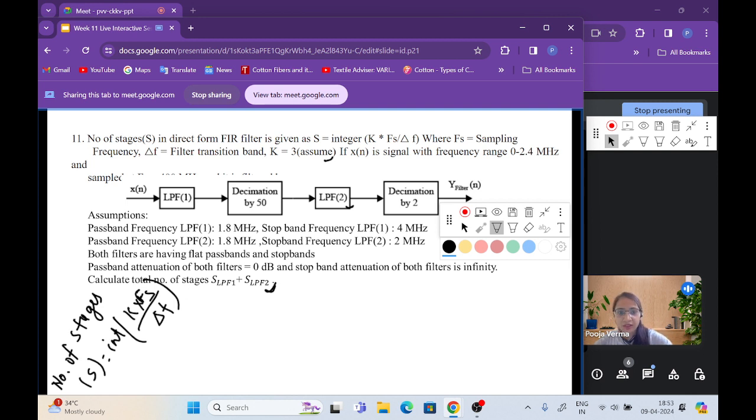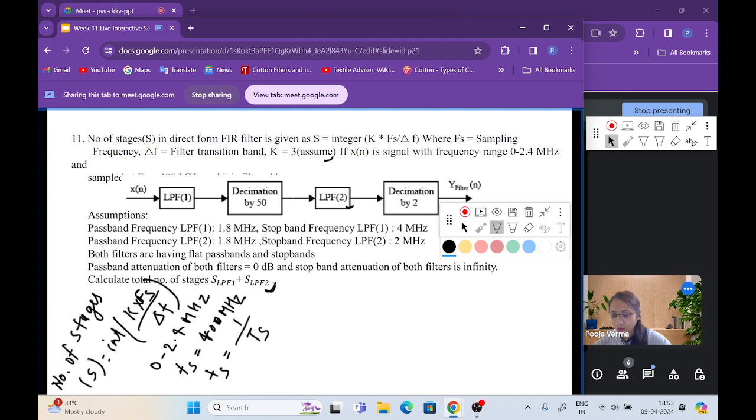and the input frequency range is given as 0 to 2.4 megahertz, and its sampling frequency Fs is given as 400 megahertz. I will correct it while uploading the slide. So here the sampling frequency is given as 400 megahertz. Okay, that is 400 megahertz. And also we know that Fs is equal to 1 by Ts,